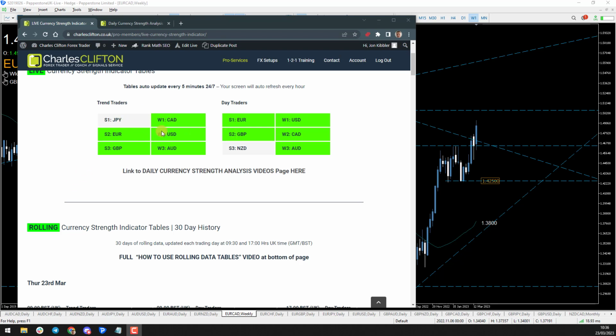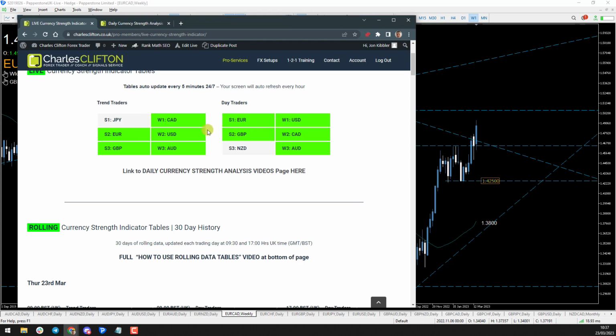We have two types of tables: the trend traders table and the day traders table. These are highlighted in the same studies but just showing us different time frames. The tables auto update every 5 minutes 24/7, meaning that our members can see how the market stands right now in real time. So what actionable pairs are the tables talking to us today, showing us what we could potentially